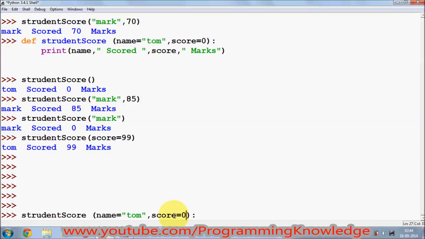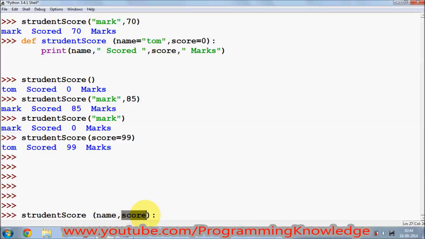For example, the student has scored marks in language, marks in programming, marks in maths, or marks in some other subject, and you want to pass the parameters, but you don't know the number of subjects the student is taking. So what you can do in this condition,